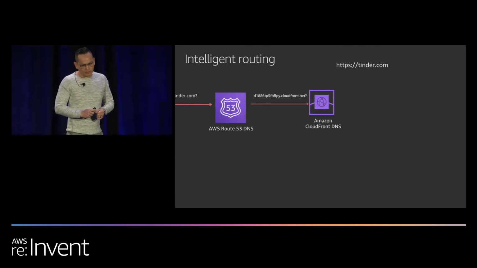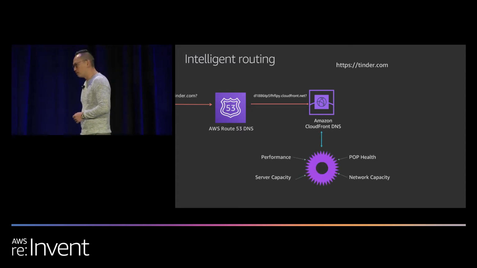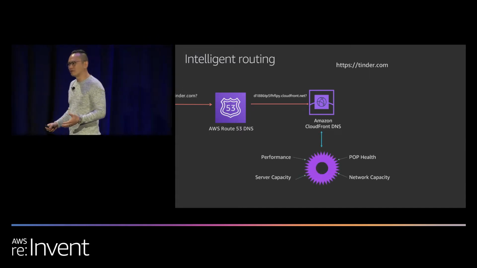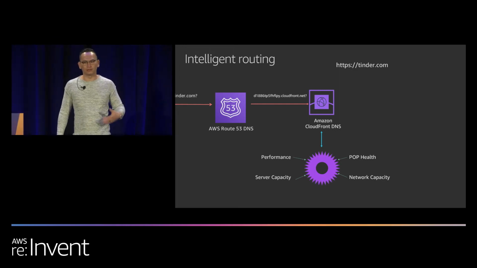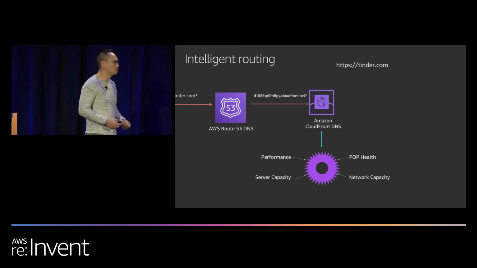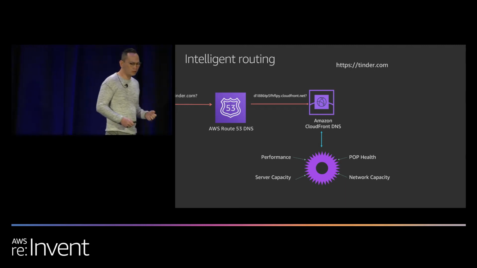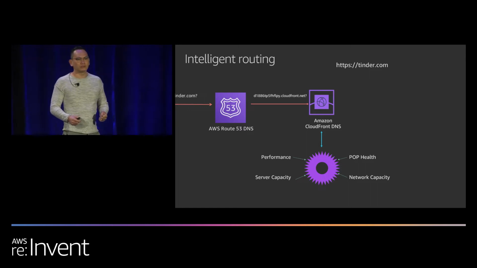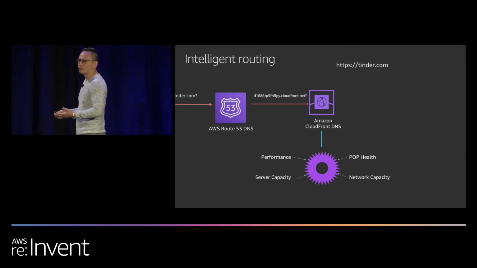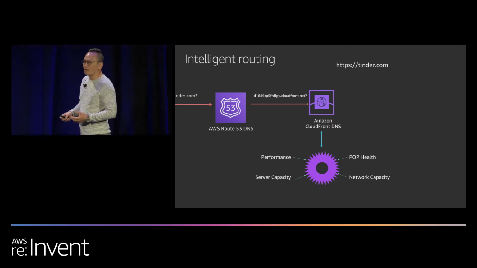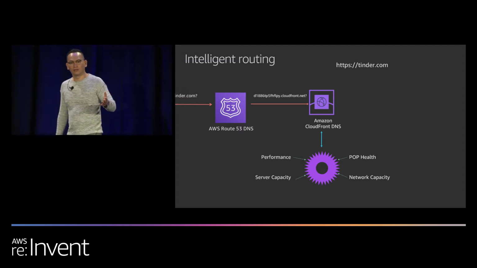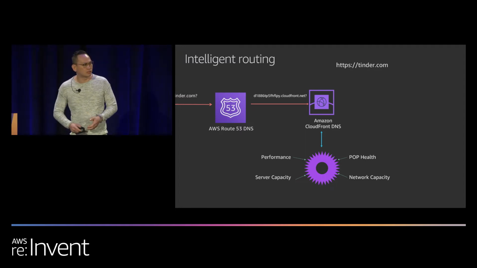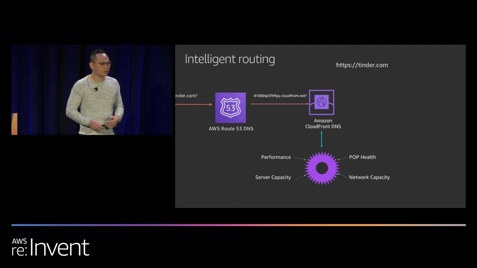When it does that, it's looking at a number of factors, because we learned that it's not about just sending your viewers to the nearest edge location. That's not guaranteed to give them the best performance. We're looking at performance. When we talk about performance, we're measuring the round trip time of a TCP handshake from all of these viewer networks around the world to our different edge locations. We take about 1 billion of these samples a day. It lets us understand at that point in time what the connectivity looks like, right? We can understand if there's network congestion and decide accordingly.